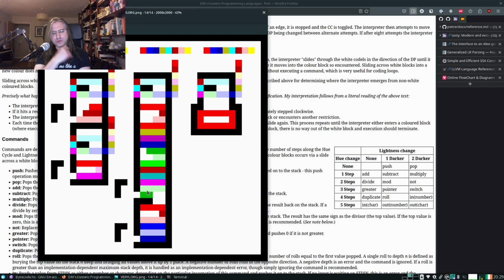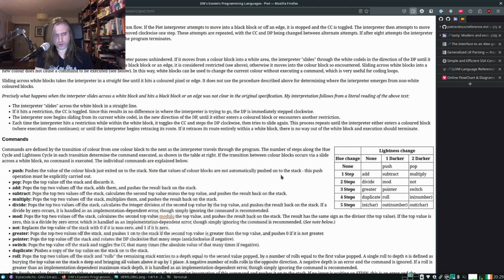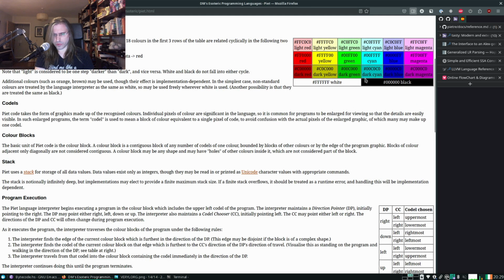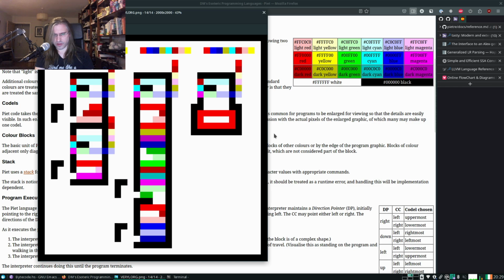Is it because this is a return? I genuinely do not remember. Oh, unless it's because... So this transition from purple to light green was the switch. The transition from... Is that dark cyan to magenta?